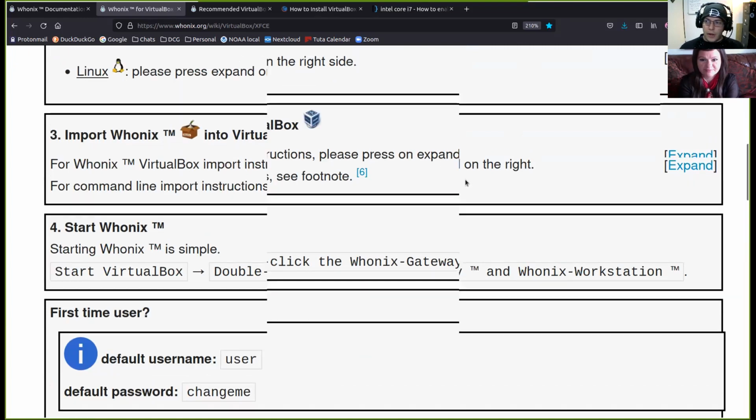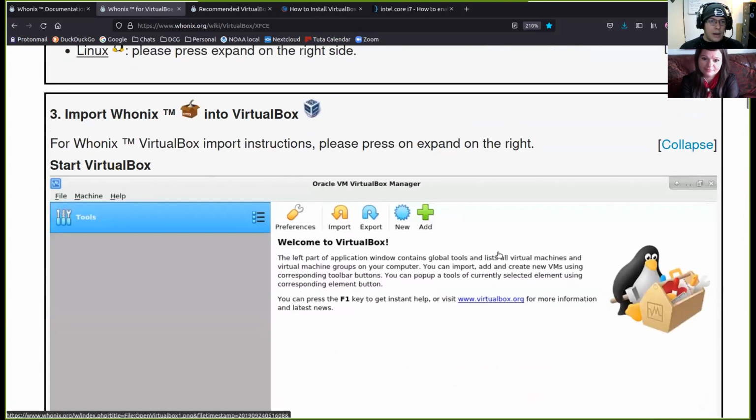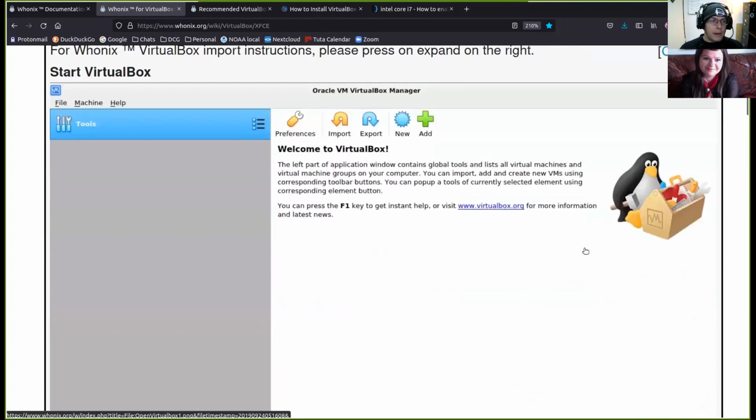And so we have on the right hand side here this little expand button. They ask you to click that for Whonix VirtualBox import instructions. Please press on expand on the right. Okay, that's what I just did. Thank you. Okay, so let me change my screen share here to the desktop,